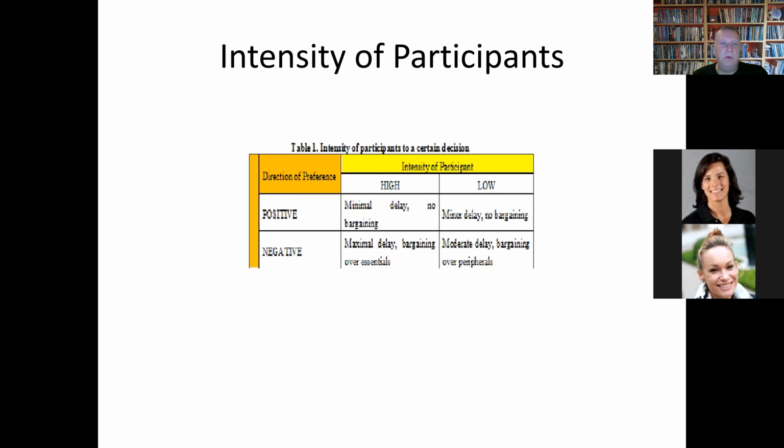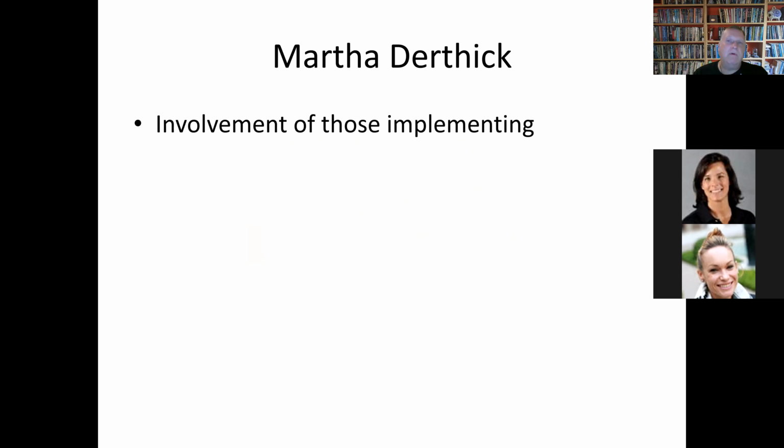And then your fourth alternative, negative but a low type of intensity. Moderate delays, you're going to have bargaining, but the bargaining is going to happen over the peripherals, kind of bargaining over the margins of the policy, not really bargaining over the actual essence, the essentials of the policy itself. So your best case situation is your top left-hand cell. Your worst case situation is your bottom left-hand cell. So the direction and intensity of that support or opposition from implementers will have a major impact upon how successful